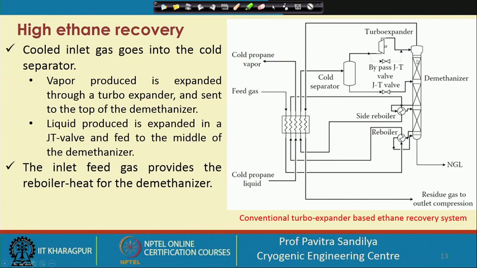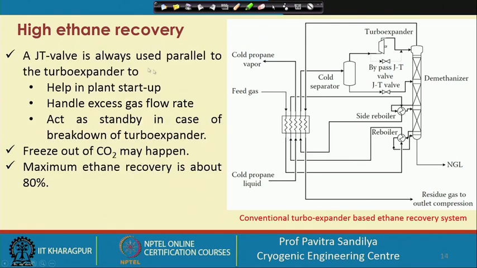Okay. And now we find the methane will be moving out with this gas stream, the vapor stream at the top, and before it is taken out as residue gas, it is again used to cool down the feed gas further through the heat exchanger network. While from the bottom we are getting the natural gas liquid. Also, we are using this cold propane liquid in this particular heat exchanger to cool the feed gas. So except the feed gas, all the other streams shown here are cooling the feed gas.